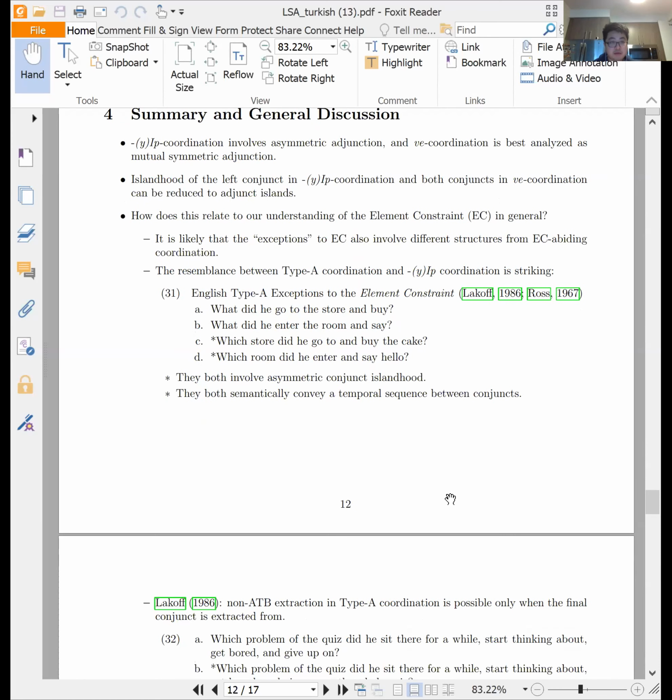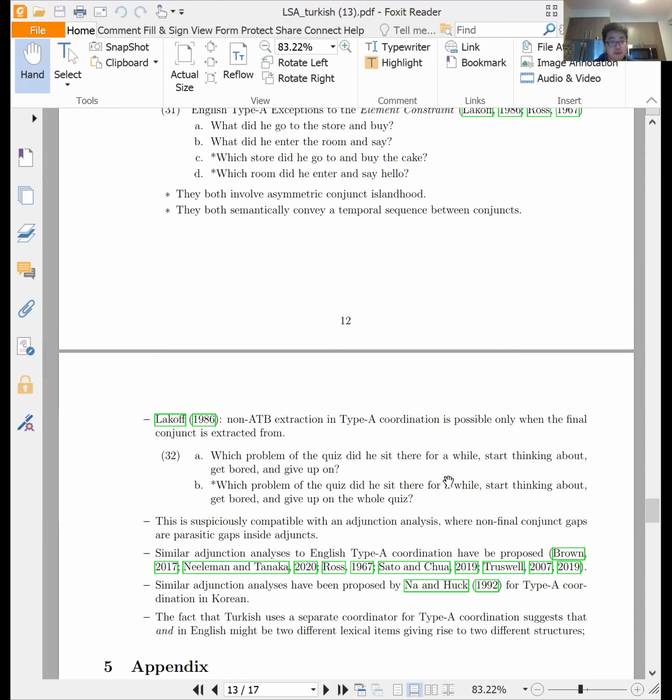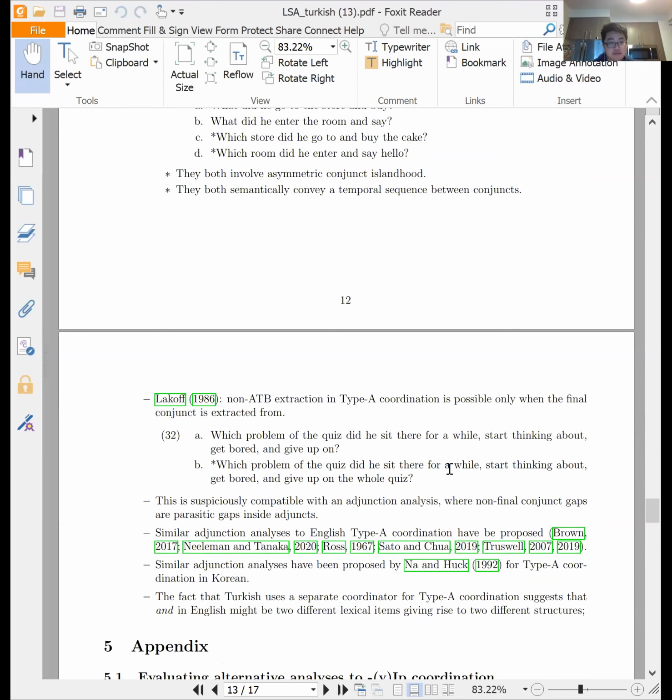So it is possible that maybe type A coordination also involves a different structure compared to regular coordination in English, in the same way that IP coordination is different structurally from Vape coordination in Turkish. If we pay more attention to this fine structure of this